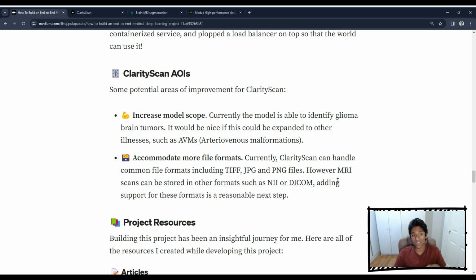Here are some potential areas of improvement for the project. The first thing would be to increase the model scope. Currently the model is able to identify glioma brain tumors, so it's a very specific type of brain tumor. Now, it might be able to generalize to other types of tumors based on the features it has learned. I haven't tested that, but I think it would be nice to expand the model's capabilities to other illnesses, such as AVMs, which are arteriovenous malformations. This could include adding more data, training on more data, or even developing separate models for some of these different